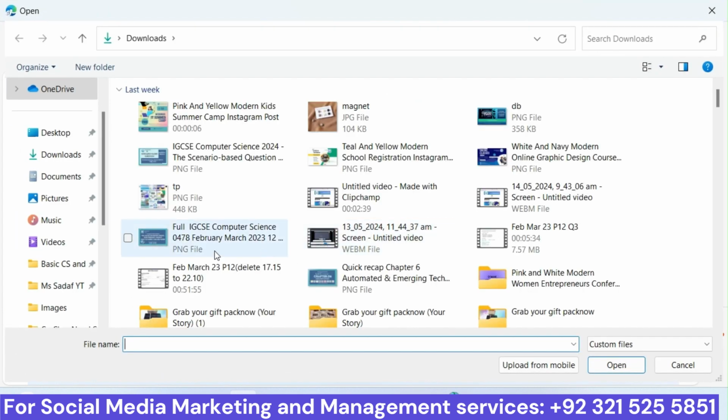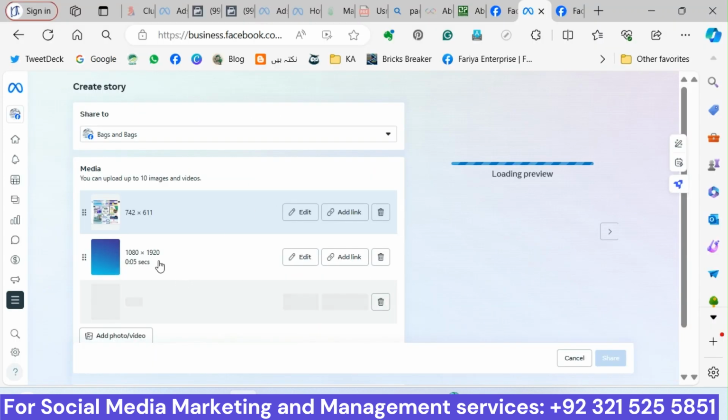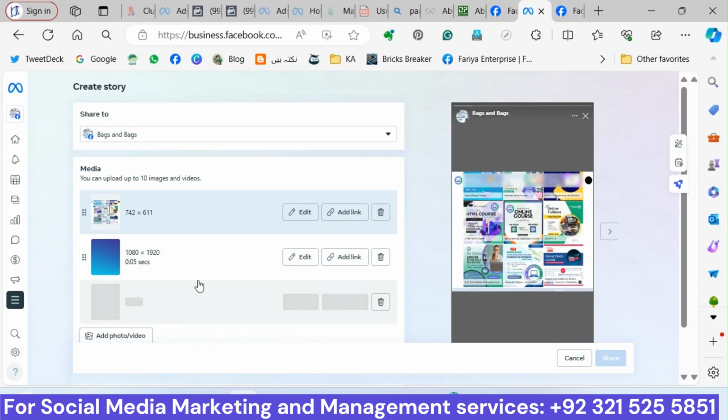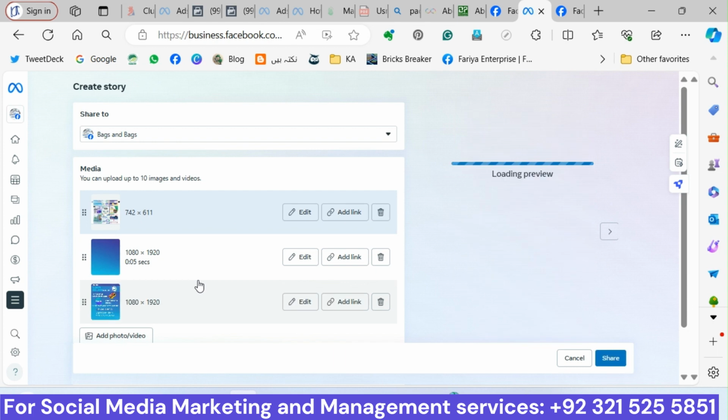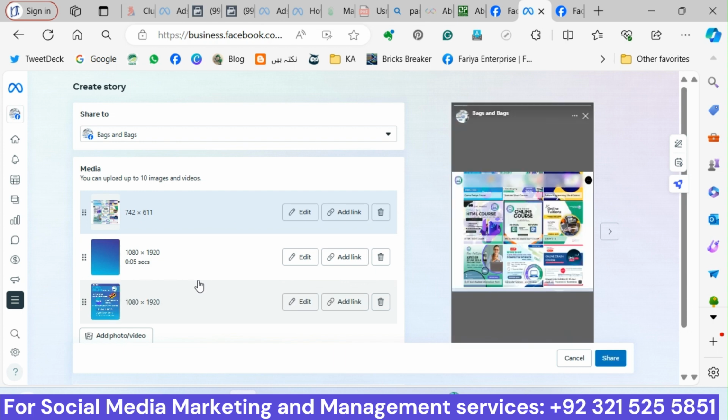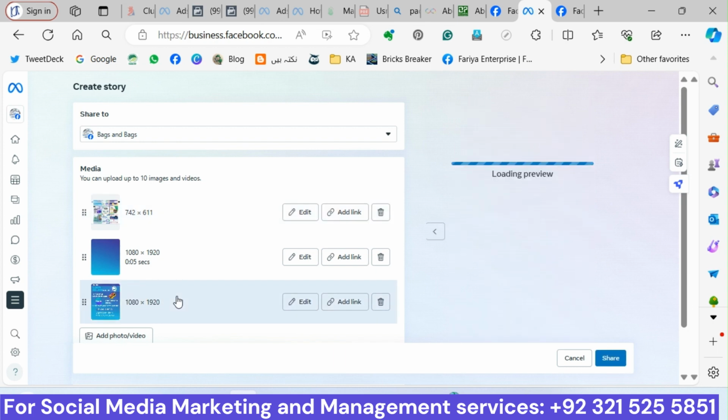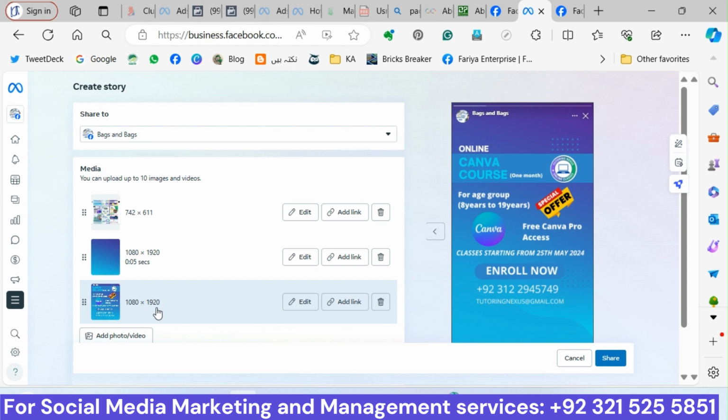If I select any post which has the same aspect ratio as the story, you can see 1080 by 1920 is the aspect ratio, or in other words we call it 9:16 ratio.